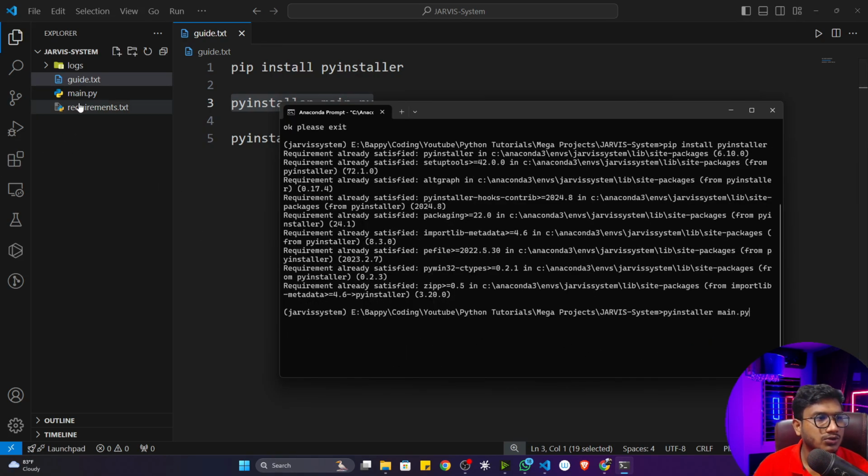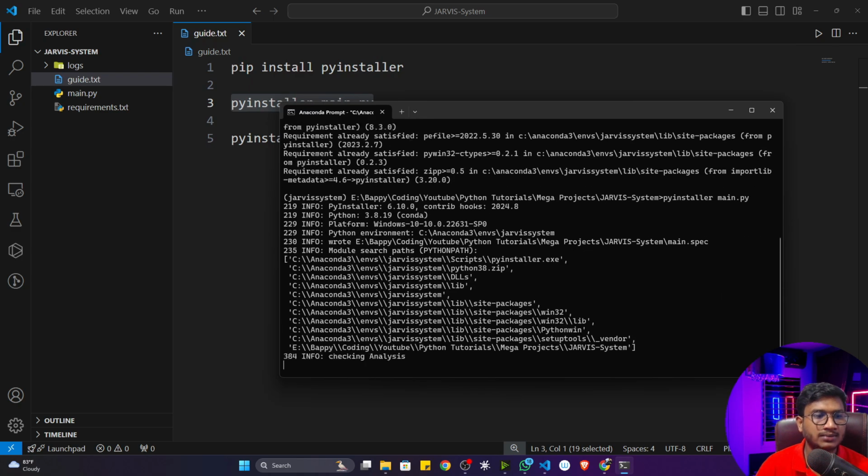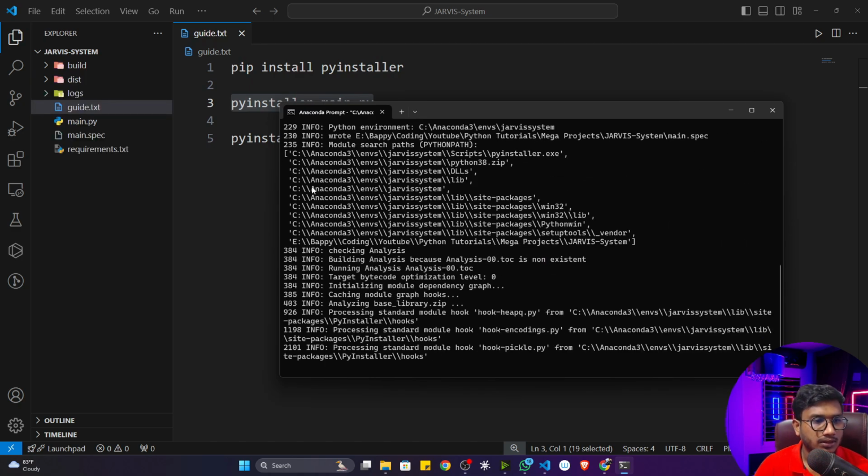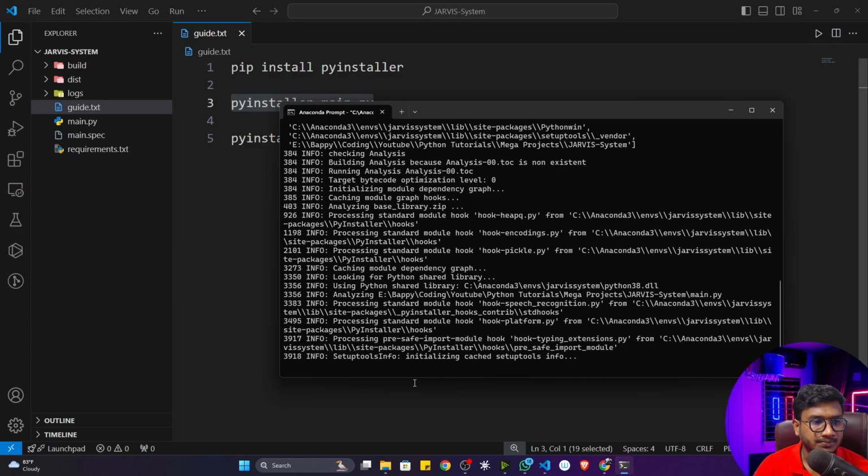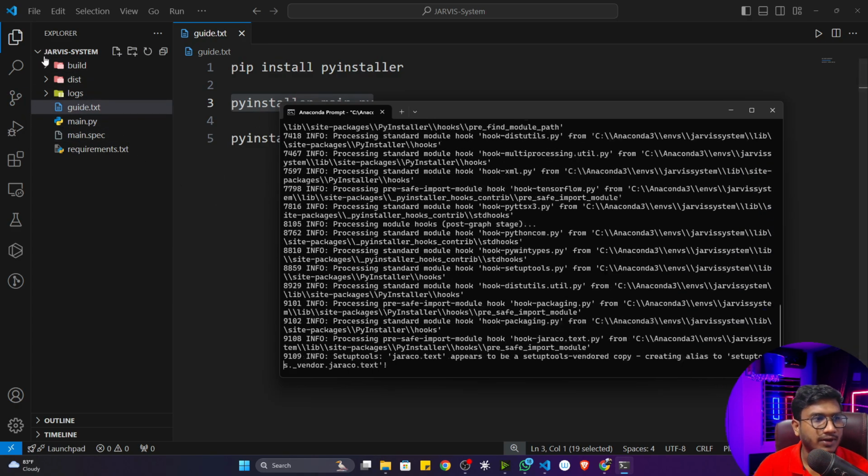Okay, it will look for your source code. And this particular source code would be converted to an executable file with the help of PyInstaller. So if I execute this particular command, see, it is converting. It will take some time. After that, you will see one executable file inside a